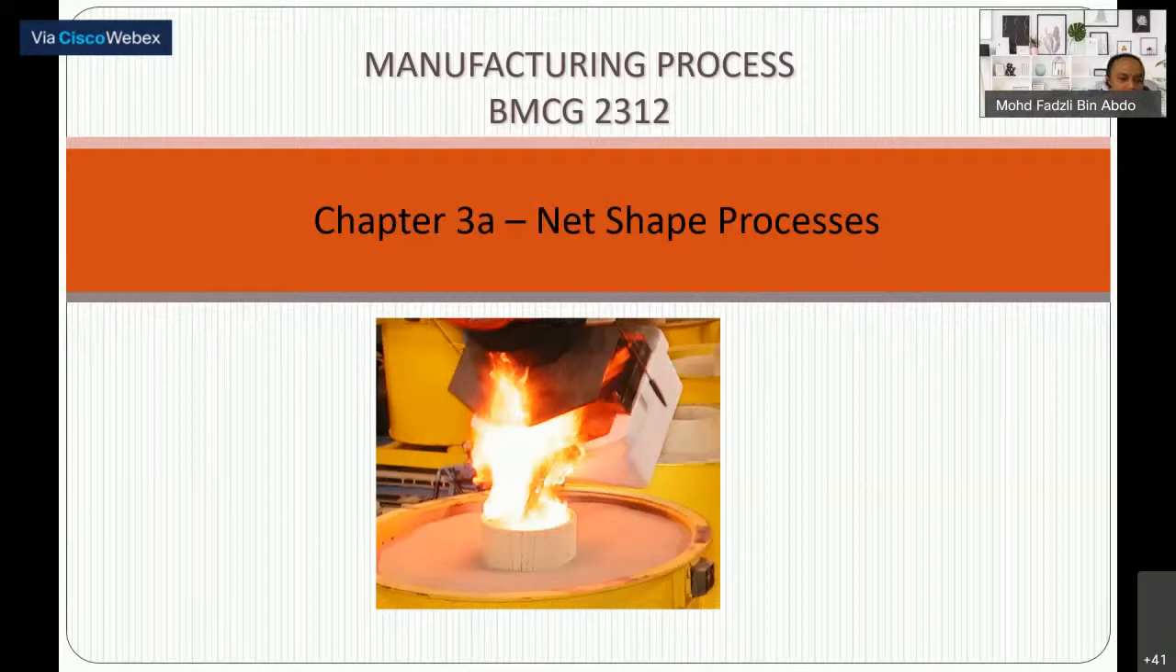Okay, just untuk refresh, last week punya chapter is chapter 2 is about the material for manufacturing. We have already covered about the steel and also the iron lah. Okay, it means iron plus carbon is equal to steel. So today